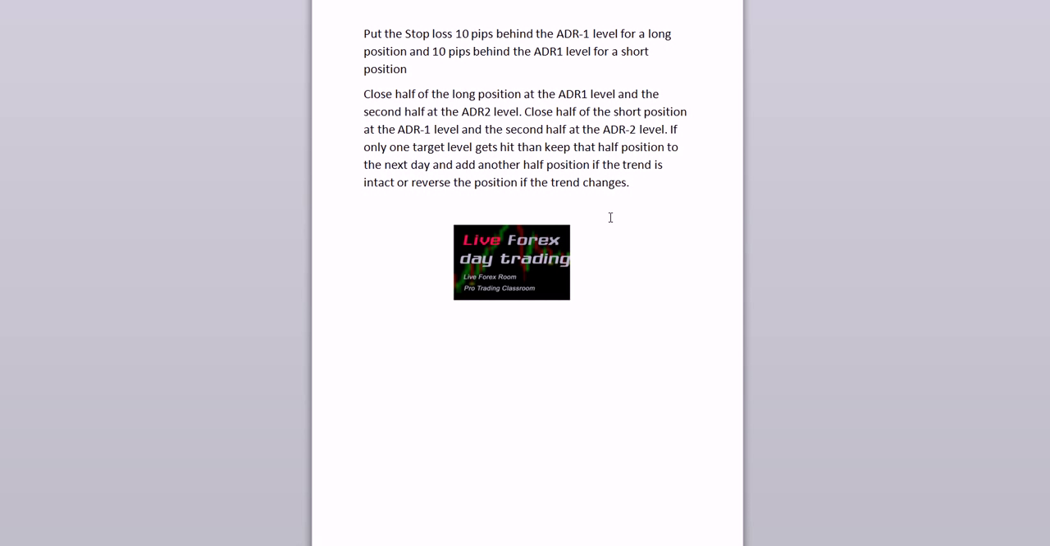If only one target level gets hit, keep that half position to the next day and add another half position if the trend is intact, or reverse the position if the trend changes. This is just one way to use the average daily range levels. It's very easy to duplicate, and if you like that